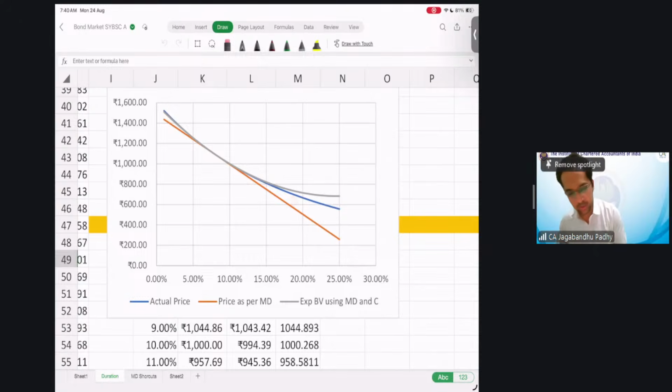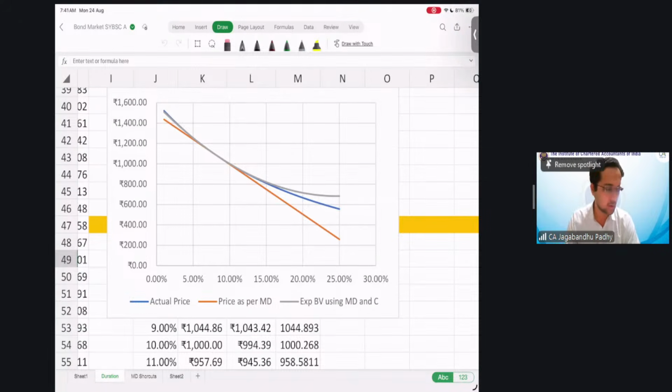So can you see, for a larger change in YTM, there is definitely a gap coming in. Convexity is able to adjust it to some extent, but beyond a point, it again starts to give more error. And as I said, if you want to remove this error, you will have to take third order, fourth order, and fifth order derivatives, which we don't want because at any particular point of time, the change in the rate of interest is not going to be more than 2% or